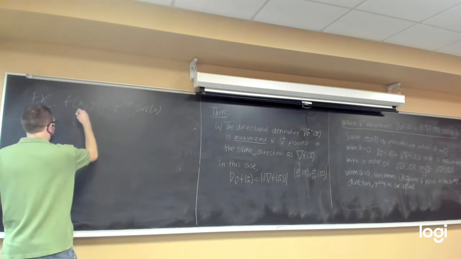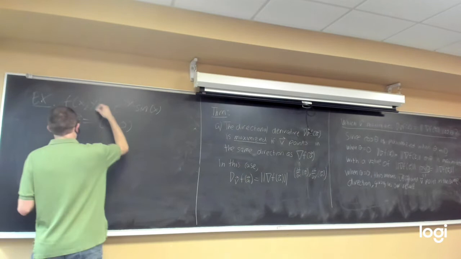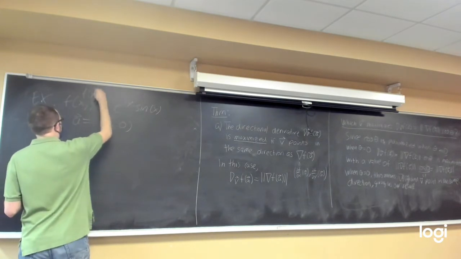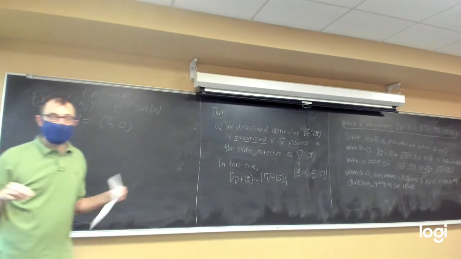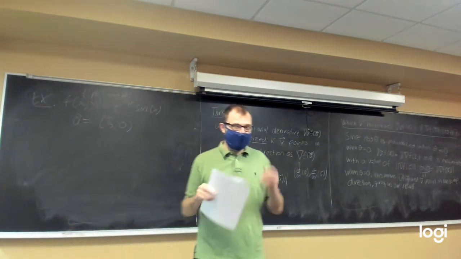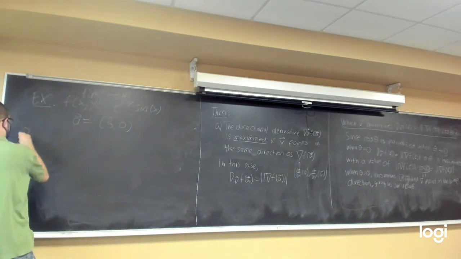Our point is going to be the point pi over 3 comma 0. So our f is a function from R2 to R, and our point a is going to be a point in R2. And the question I want to ask is, to start,